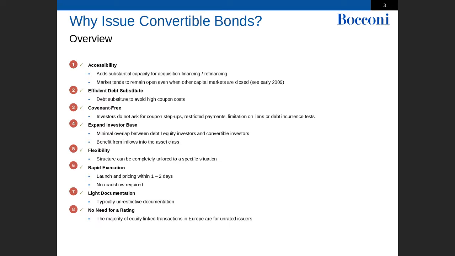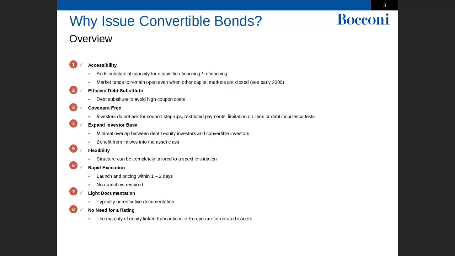It is an efficient debt instrument and substitute, because if you have a normal senior, which is either a bond or a loan, you issue those instruments and you finance yourself based on your credit strength and the level of interest rates. With a convertible, you have an additional feature that we will see in a second, which is the optionality embedded in the instrument that allows you to reduce the coupon. So it's a very efficient instrument.